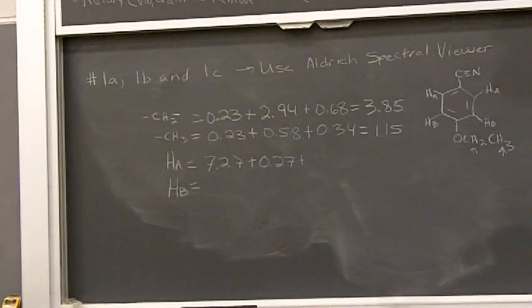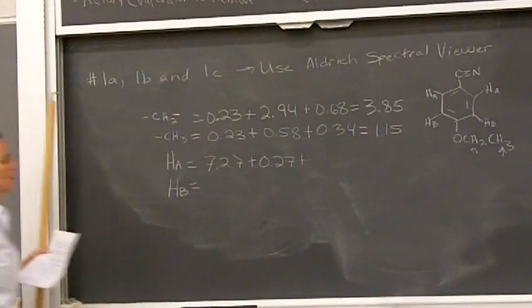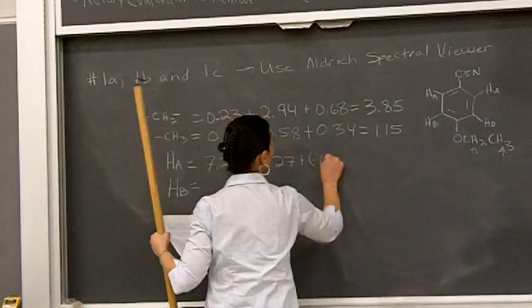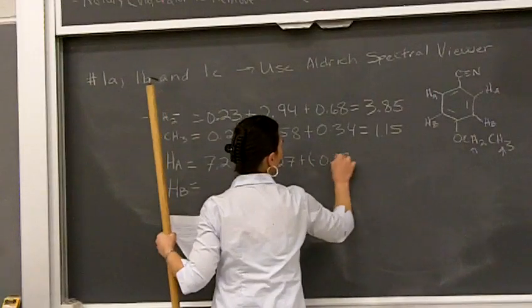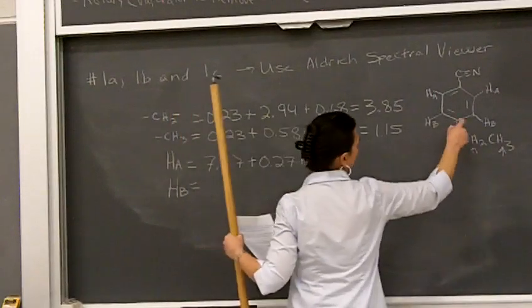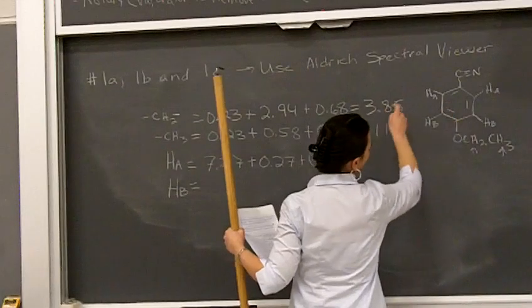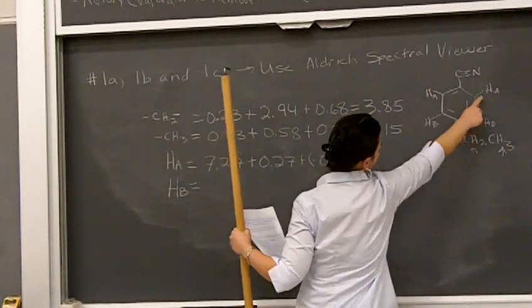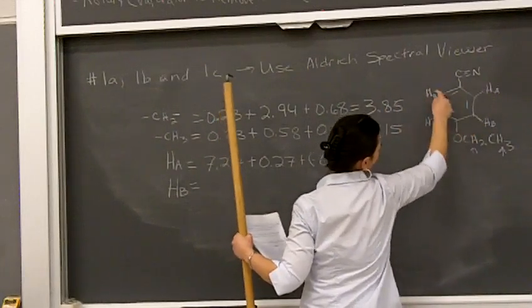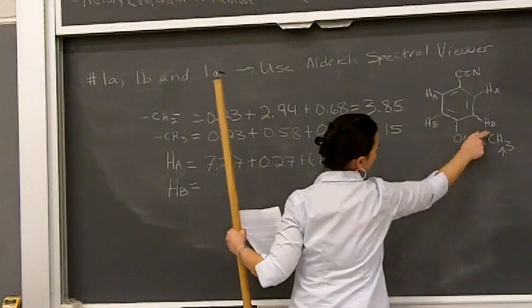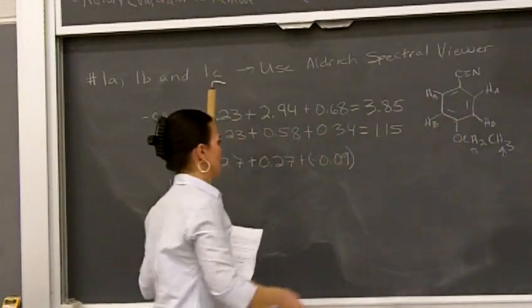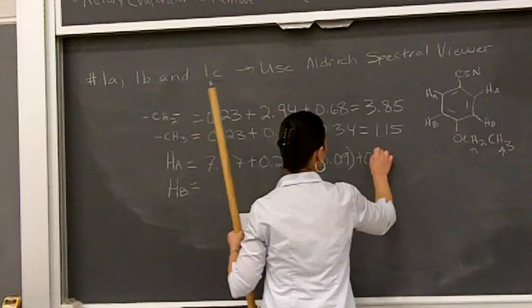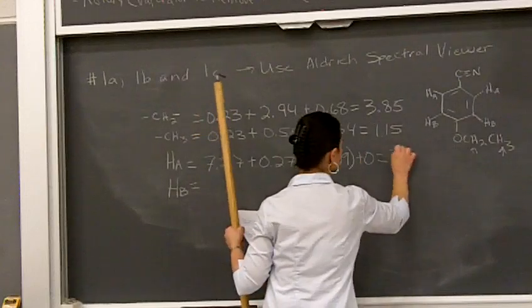So that's what we're going to add for the meta substituent. And then meta otherwise is itself. It's not going to change its own chemical shift. And para is another HB, so that won't change the chemical shift. So in the end, the calculated chemical shift is 7.45